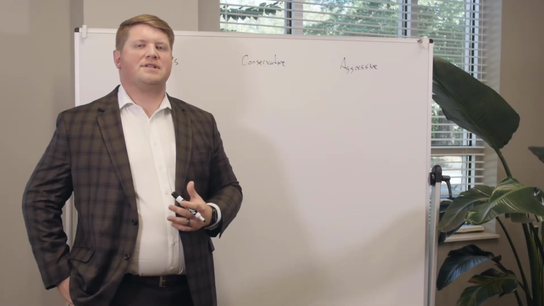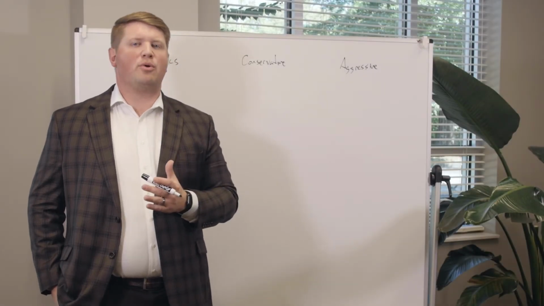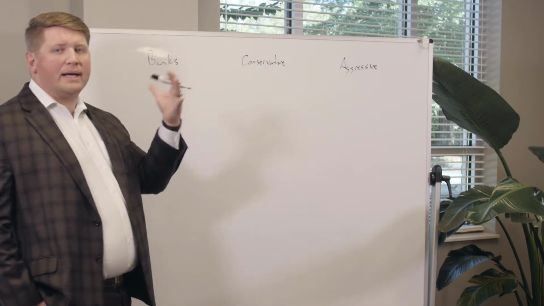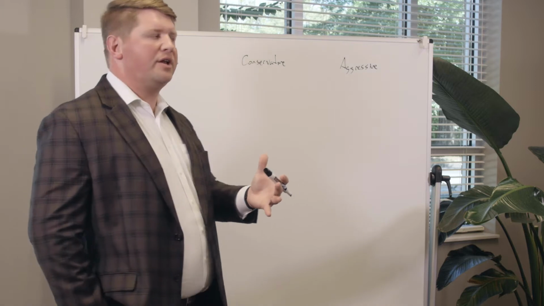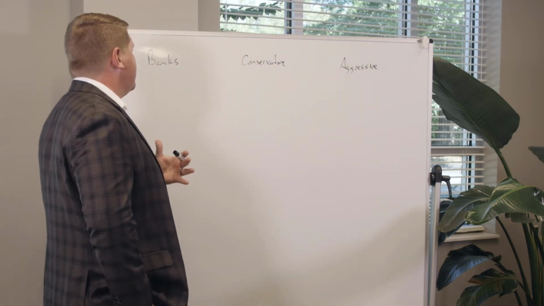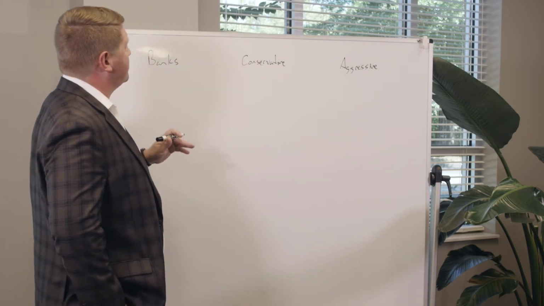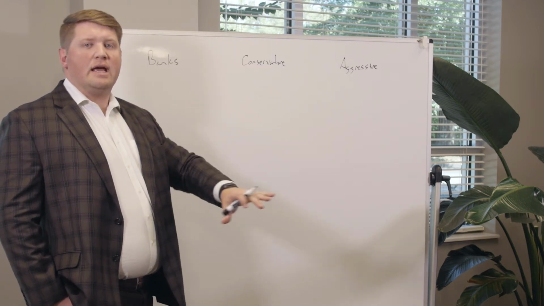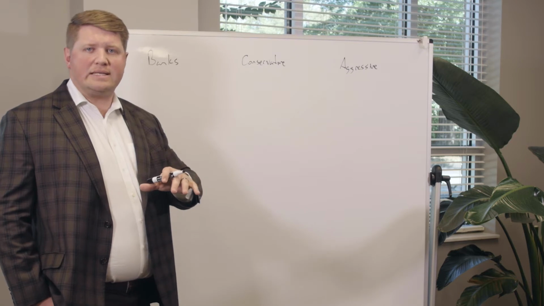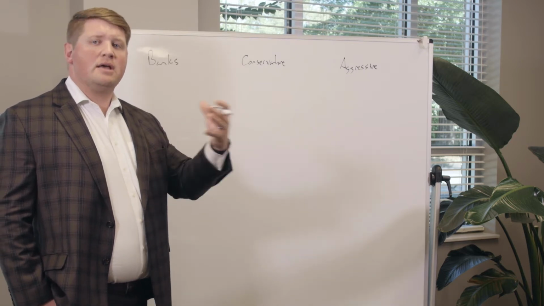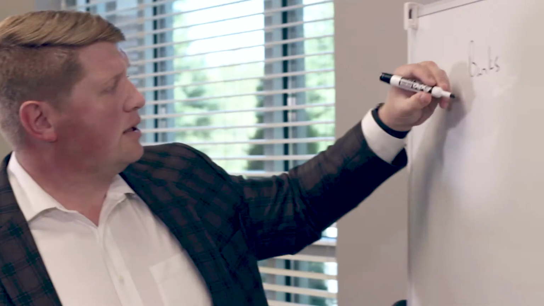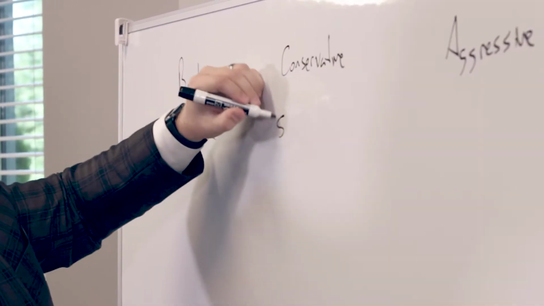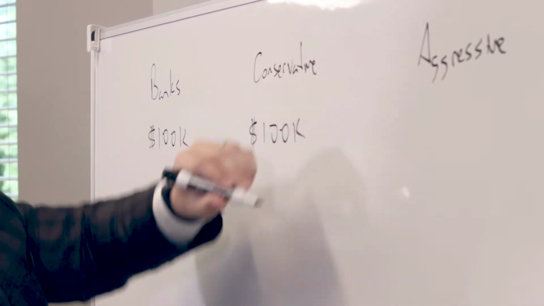Today what we want to understand is why diversification is important in retirement. And so what we're looking at is three different buckets, as we can call it, of where we need to invest our money. And as we look at this, we want to make sure that we understand different things are going to happen in the market, and that's going to need to dictate how we take withdrawals from the different buckets that we have. So let's assume that we have an even distribution of $100,000 in each of these buckets,